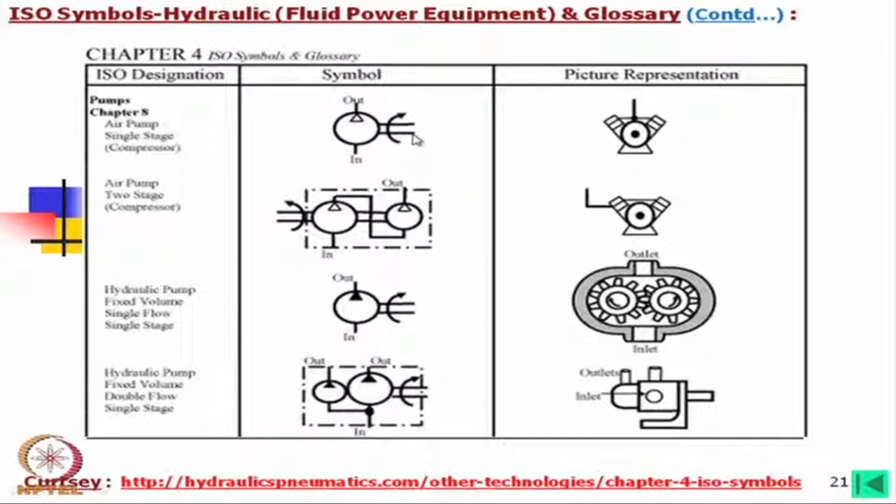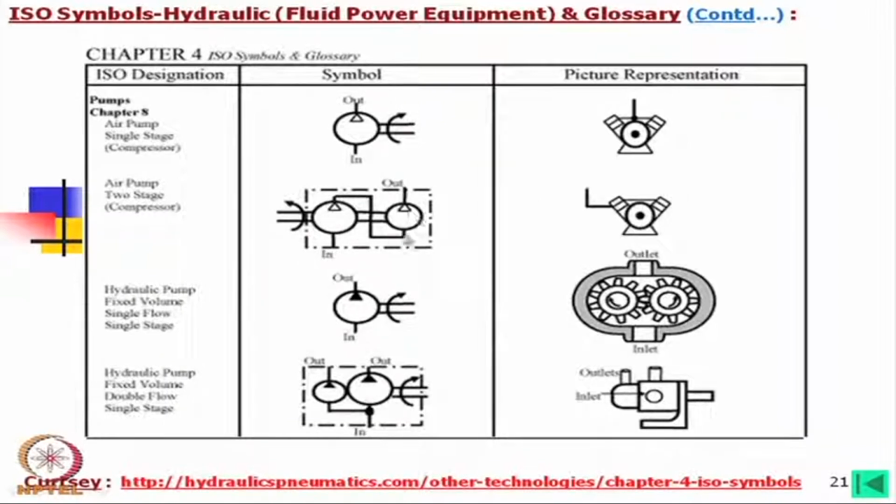That indicates also a rotary actuator. Sometimes you will find the symbols without this shaft and direction of rotation; both are used, because obviously depending on what component you are using, that will have a shaft and that has to be rotated